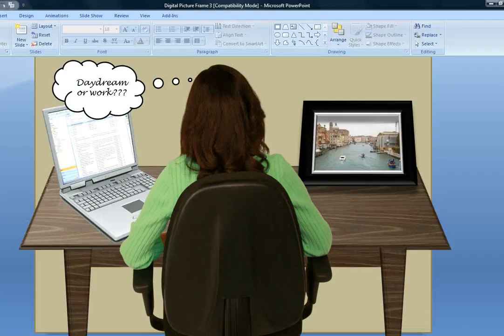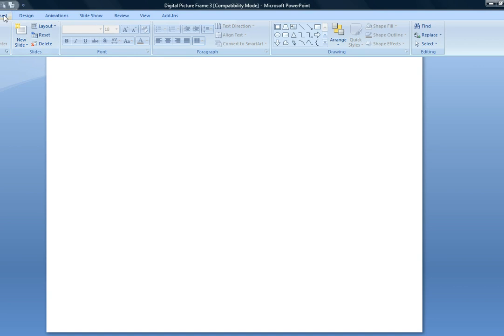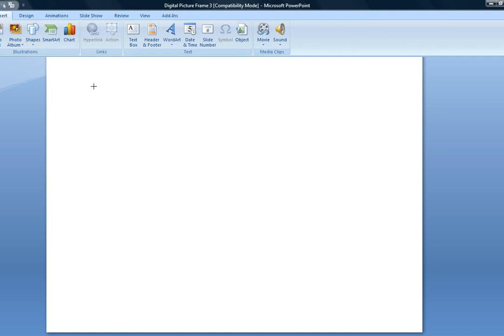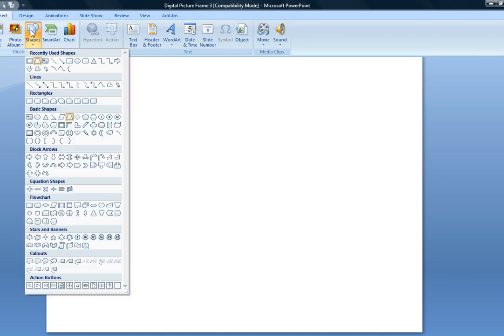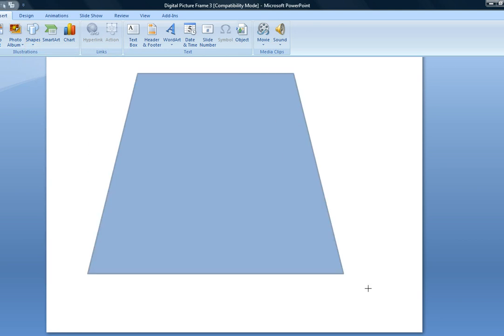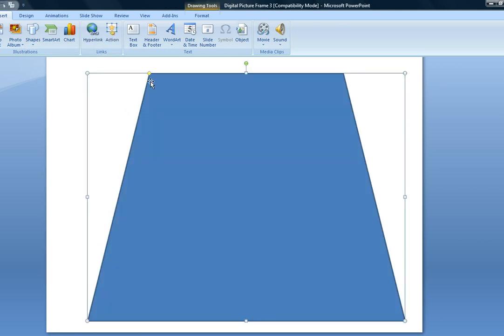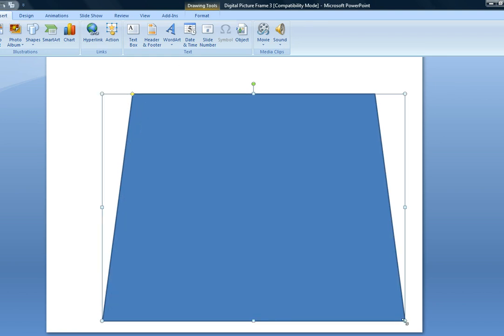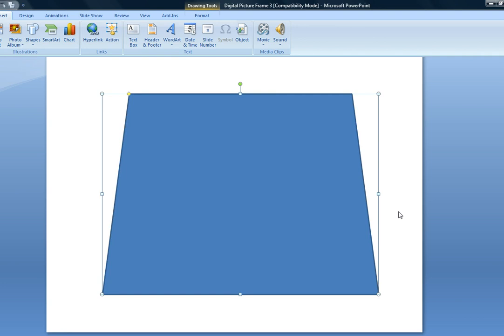And here's a simple technique that I use to create that illusion of the picture frame leaning on an angle. For this, you need to use the trapezoid freestyle feature and just create a box that's a little smaller than the slide,